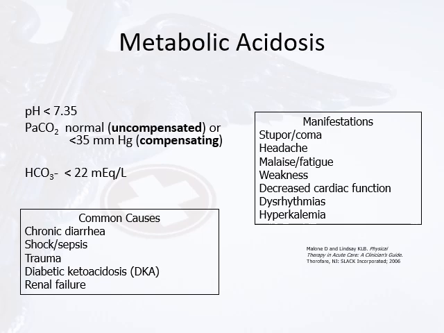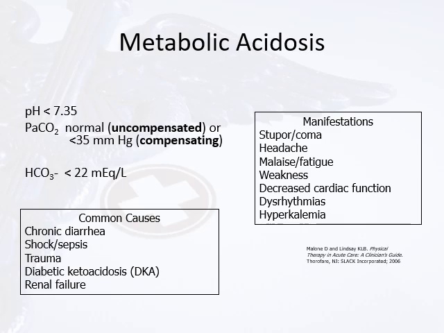The picture includes a pH of less than 7.35, hence the acidosis, and a bicarbonate level of less than 22 milliequivalents per liter. That tells us that the metabolic processes and not the pulmonary processes are the primary driver of this particular disorder. The PaCO2 is going to be normal in uncompensated metabolic acidosis,